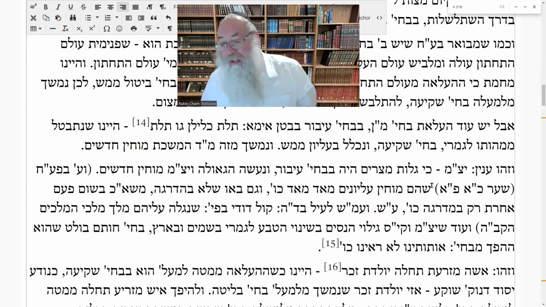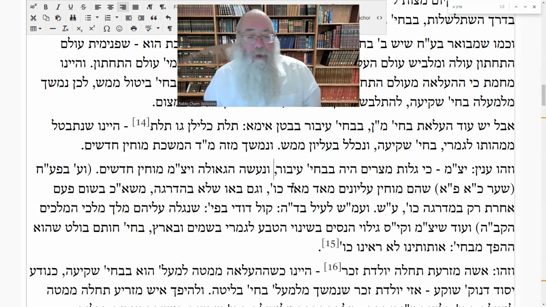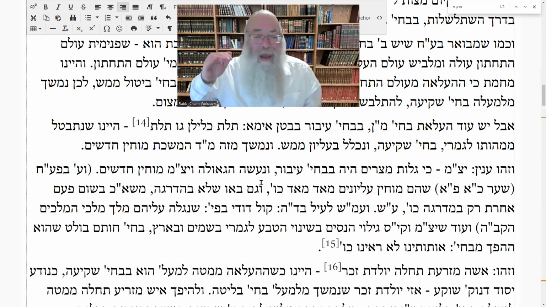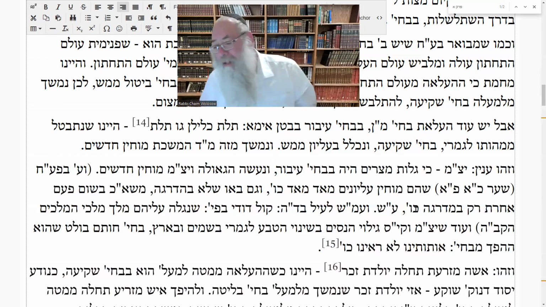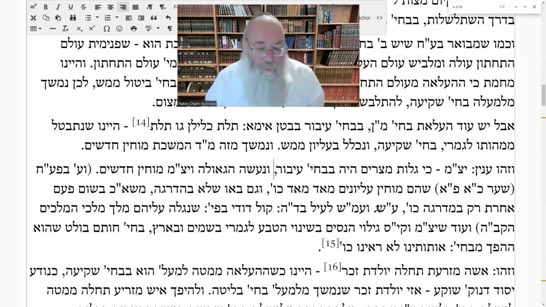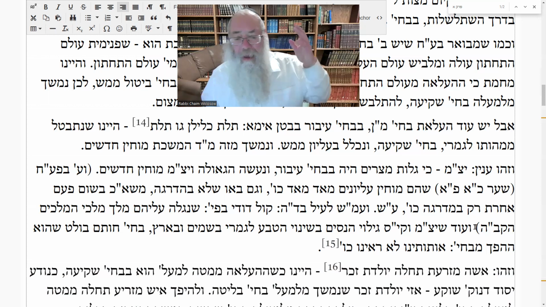V'ayin b'pri Etz Chaim Shar Chof Aleph Perik Aleph sheheim moichin elyonim ma'od ma'od chulu. That these are very, very high level of moichin, the new moichin that come down. V'gam bo shaloi b'hadroga, and also they came not in a gradual, not in a step-by-step way, but all at once. Masha ein kein b'shum pam acheres rag b'madrega chulu. But as opposed to all other times, it all came in a step-by-step. B'ayim masha kosu le'il b'dibra maschul kol doidi b'pirush shenigla alei melech malcha umloch HaKadosh Baruch Hu, that the King of Kings, HaKadosh Baruch Hu revealed to them, meaning he came from a very high